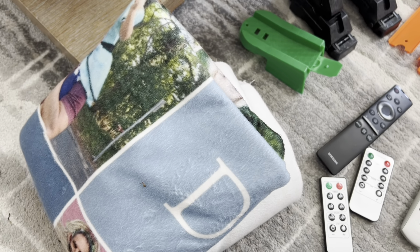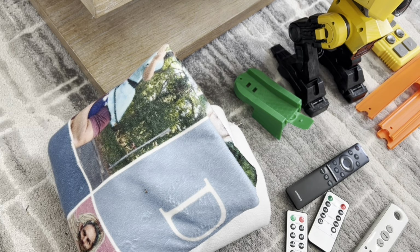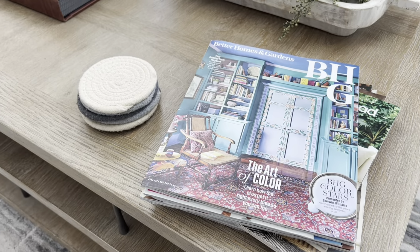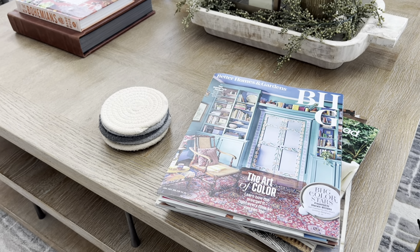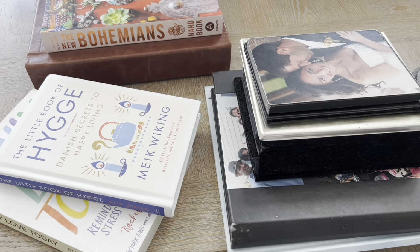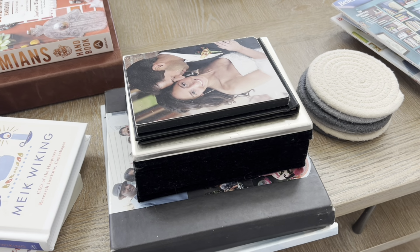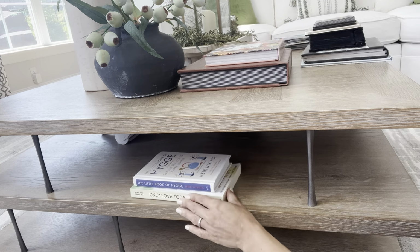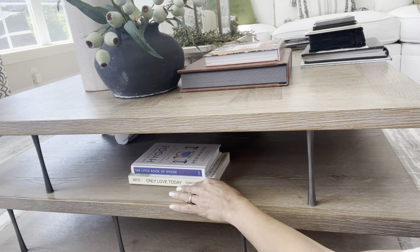And then we have things like remotes and blankets and just things that we use, like if my husband and I watch TV at night, you know, coasters, magazines, whatever it is. I really just wanted a coffee table that could function well for me so that I did not have to make trips up and down the stairs or tuck things away into closets. I can literally just take these items and tuck them underneath this table,